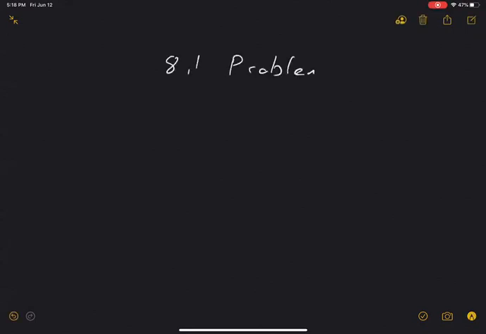I feel like the material itself is fairly straightforward. So instead of doing problems from the book, I'm just going to skip straight to the homework because there's some, just glancing at it, that seem maybe a little weird. Okay. So first problem, number one, we have